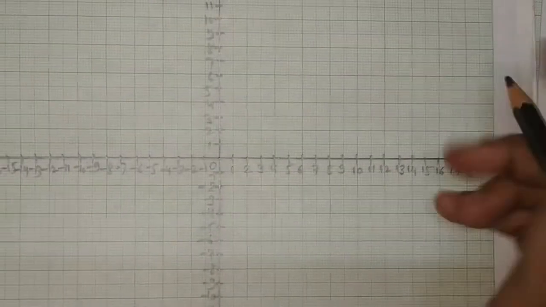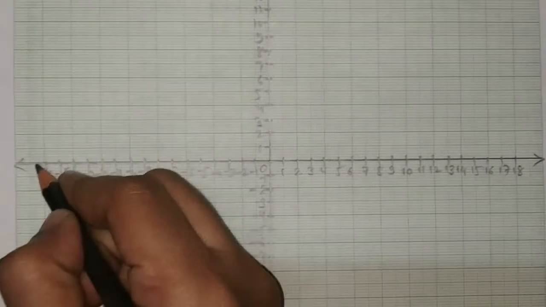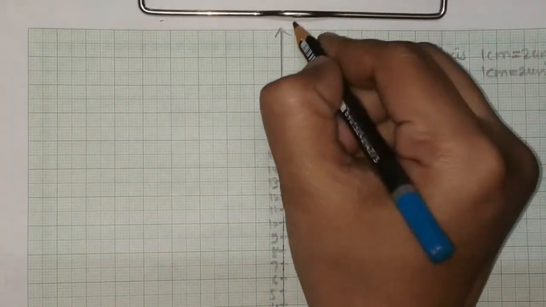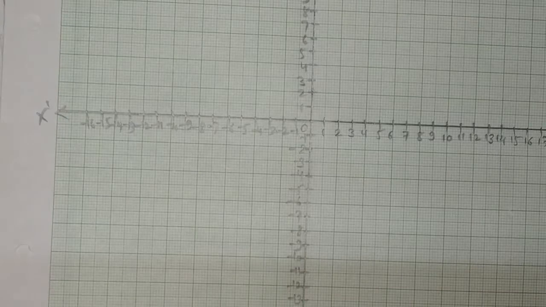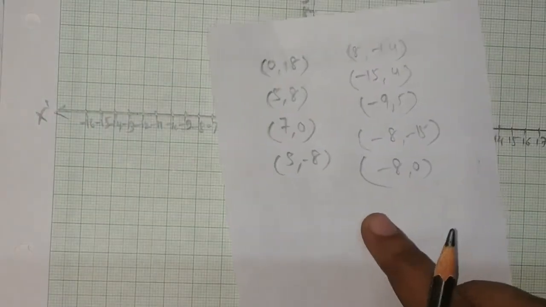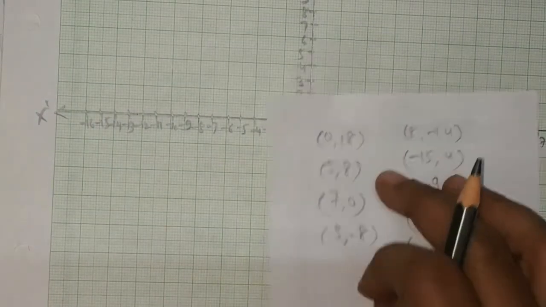So here this is the horizontal x-axis, and this is x dash, and this is the vertical y-axis, and this is going to be y dash. Now we are going to plot these points on this graph or Cartesian plane. So the first point is